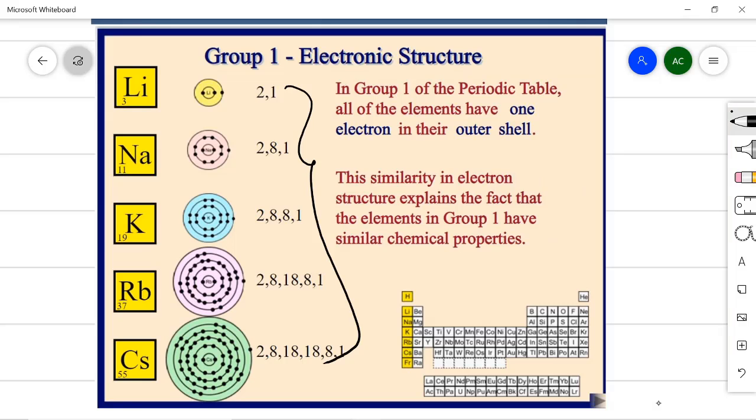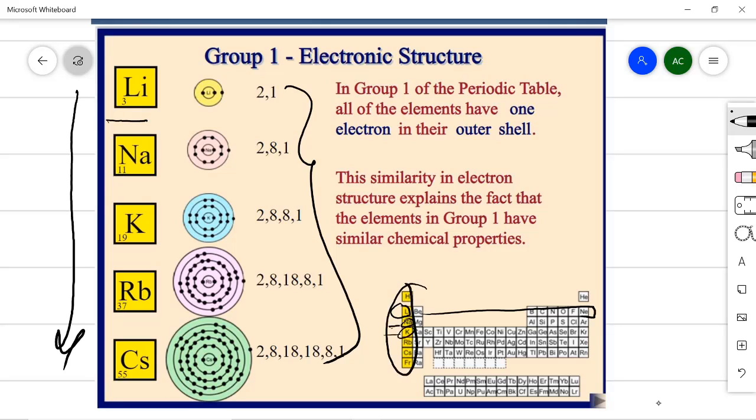These properties reappear at regular intervals because the number of electrons in the outermost orbit remains the same, and that is why the electronic configuration is the same. Valency is also the same, and this is the cause of periodicity. And what is the cause of periodicity? The cause of periodicity is the reoccurrence of similar electronic configuration. So in a group there is a similarity of electronic configuration and valency, and that is the cause of periodicity.